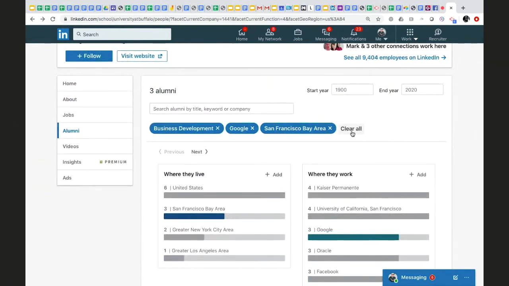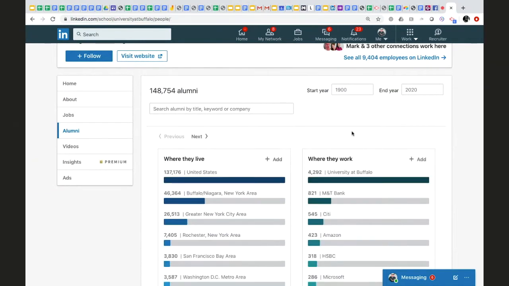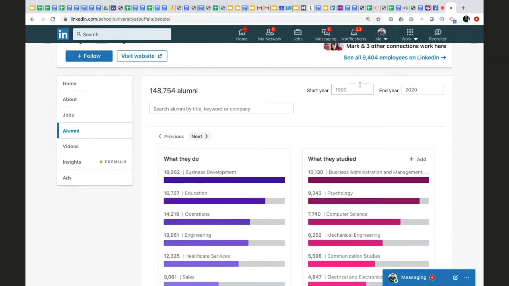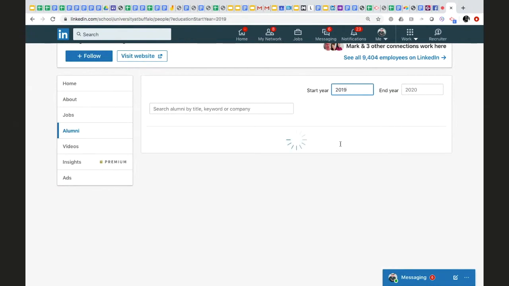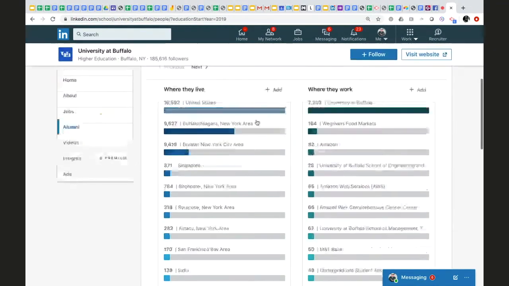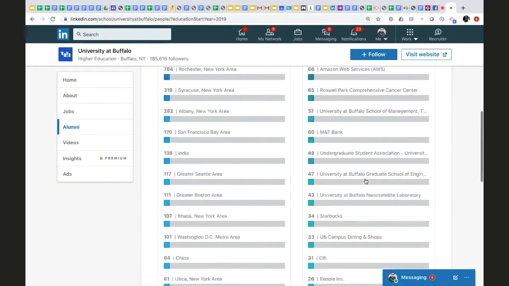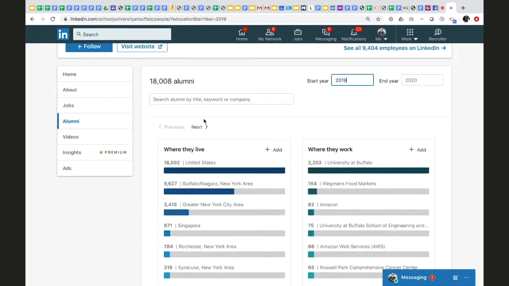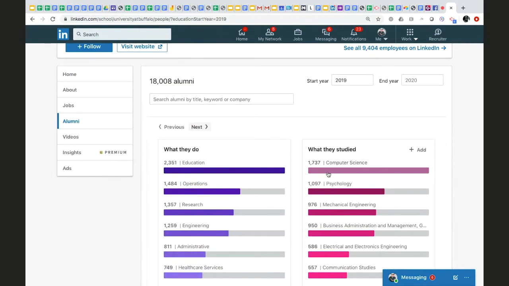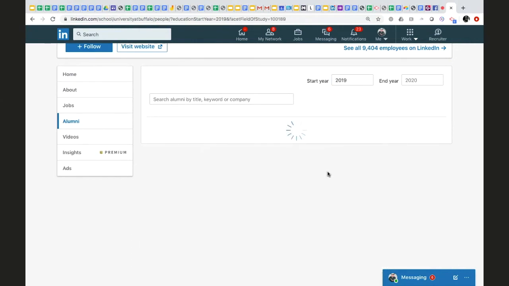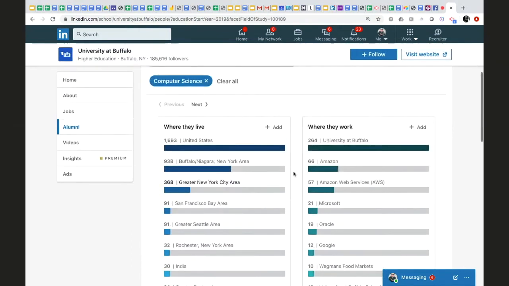Another way that I could survey against other markets is I could look at what my graduates are doing on a year-to-year basis. So I could look at the graduates in the last year and do a search, and I can see where they live, where they're getting jobs post-graduation. I can look at just my graduates and say computer science, and I can see where they went and what